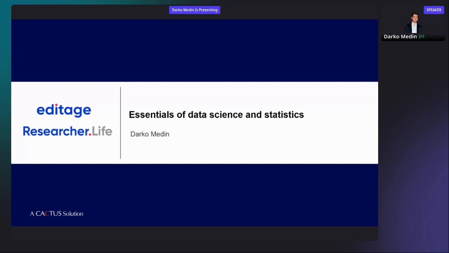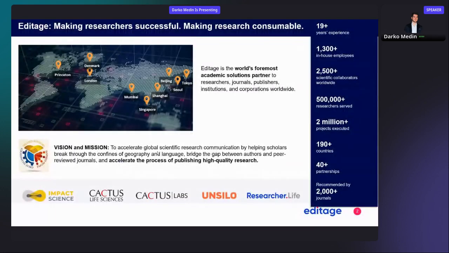One of the most important aspects of data science is learning about different areas where data science can be used, and for statistics, how statistics can be used to improve research, and we will be discussing all these details later through the webinar. For now, I would like to introduce you to some aspects about the company that's organizing